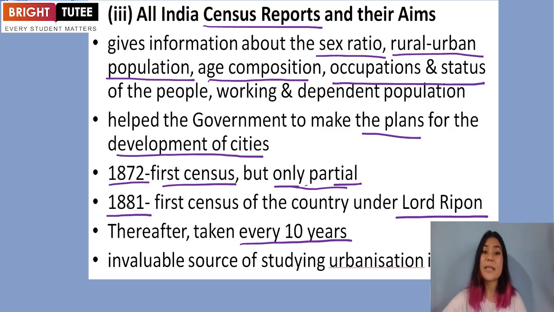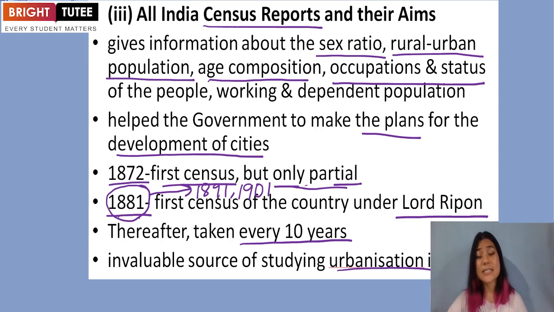Say, for example, the first all India census report was taken in 1881, the next was then collected in 1891 and the next in 1901. So in every 10 years. Now, this census report is very invaluable to us for the study of urbanization in India, for the growth, emergence, development of urban areas, cities and towns in colonial India, as well as the changes brought by the process of